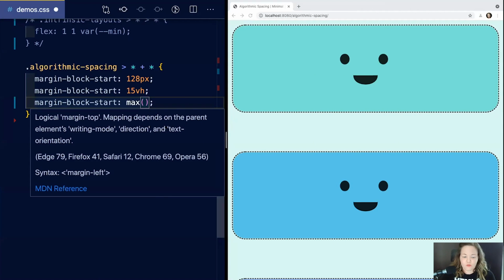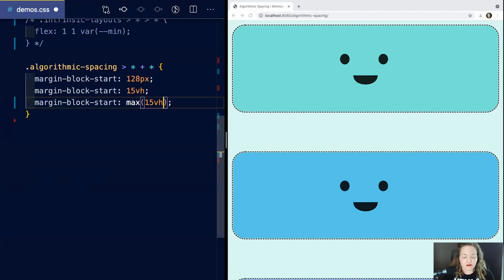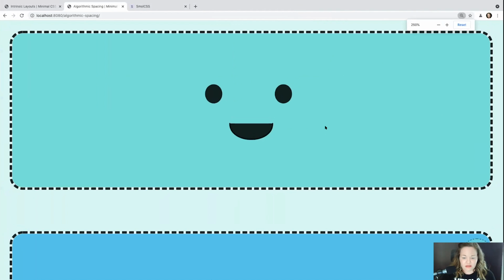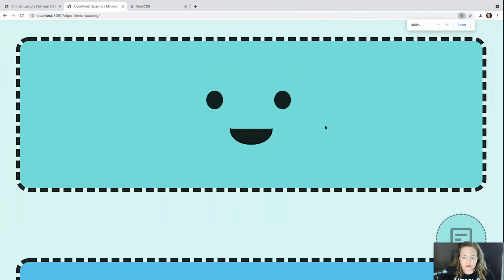We can continue using our 15 view height as one option. If it's the greater option, it will still be chosen. But we'll also accompany that with 4 rem. I've saved, and you don't really see a difference here because so far 15 view heights is the max between those two computed values. Where we're going to see it is when we get back up to